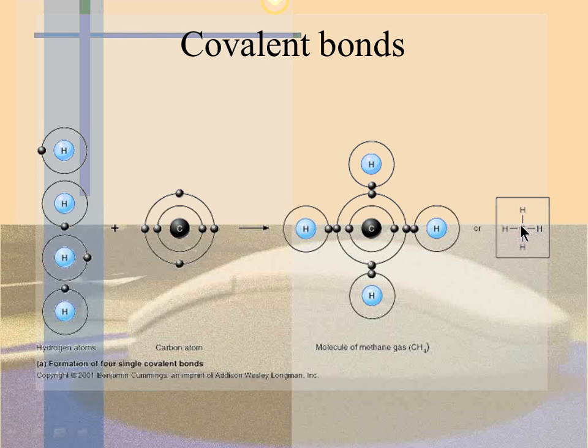So you can see that because only 1 electron is being shared with each of the hydrogen atoms, you show the bond as just a single line. Can you see that over here? Okay. So this kind of a bond is this type of a covalent bond. Only 1 electron is being shared. Let's look at another example